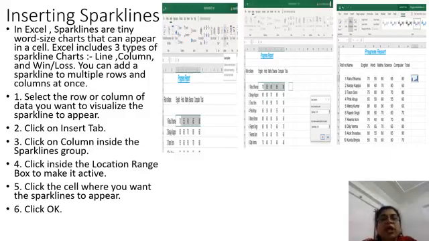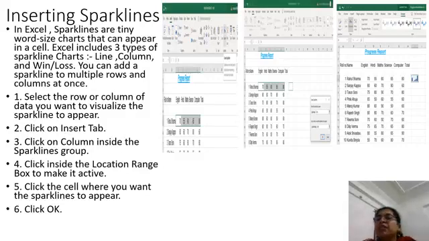Click inside the Location Range box to make it active. Here you have to show the range, from C5 to H5 or E5, whatever the value is, up to computer marks, and then click on OK. So click the cell where you want the sparkline to appear and click on OK.